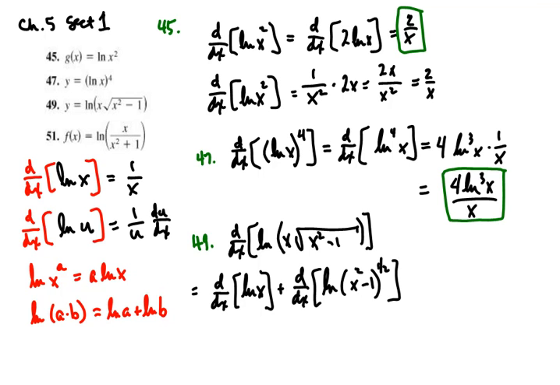Alright, so we'll pick up where we left off. Remember, we're working on number 49. We have the derivative of the natural log of this product. And recall that by the properties of logarithms, the log of a product is equal to the sum of the